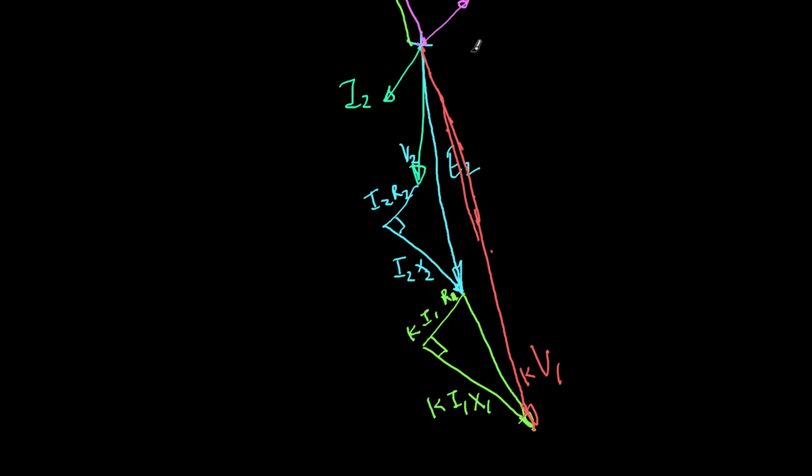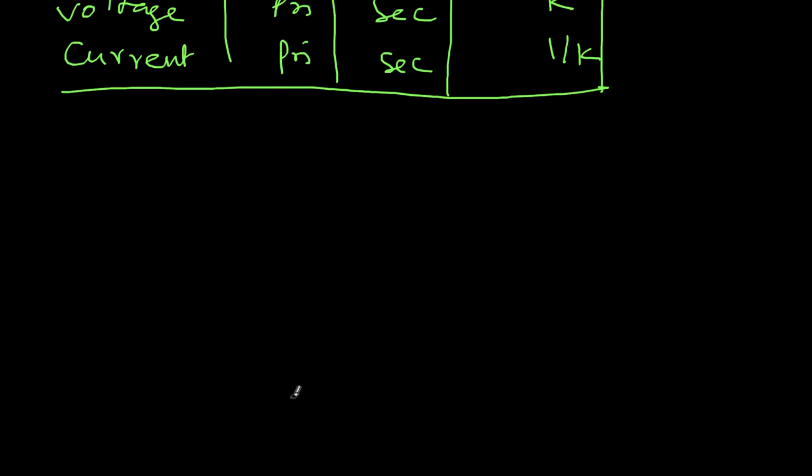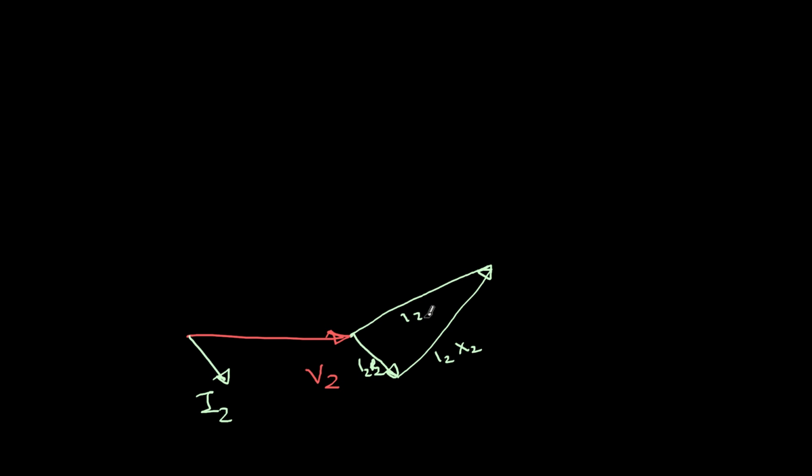Now you just look at only this part of the vector diagram. So this I can once again redraw. So if I redraw it once again, it will be something like this. So I have V2 here. Then I have I2 lagging V2. Then parallel to I2, I'll get this one. And then like this, I'll get, so this is I2 R2. This is I2 X2. So then this is I2 Z2. And this one will be